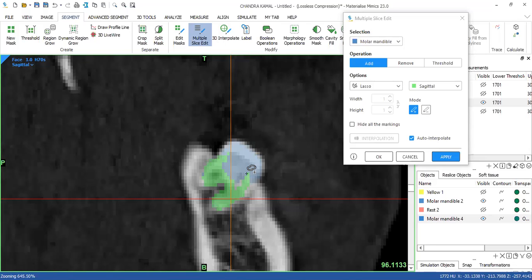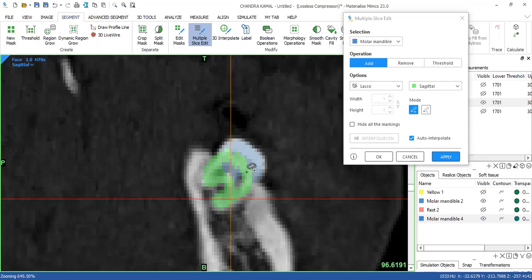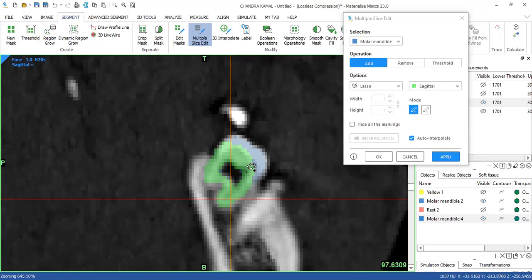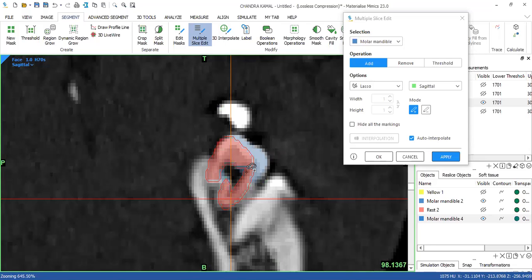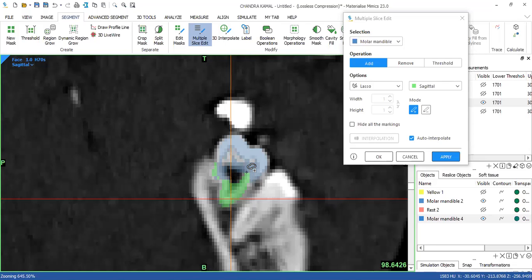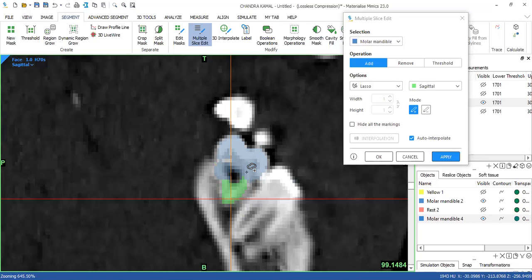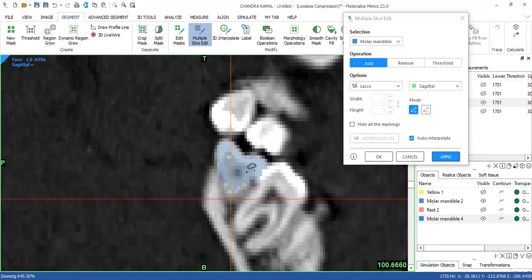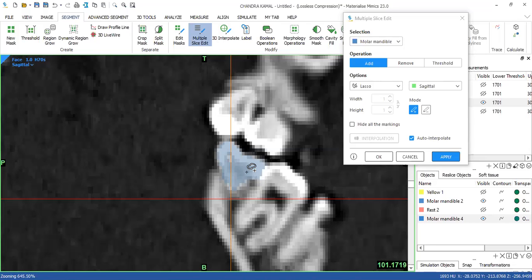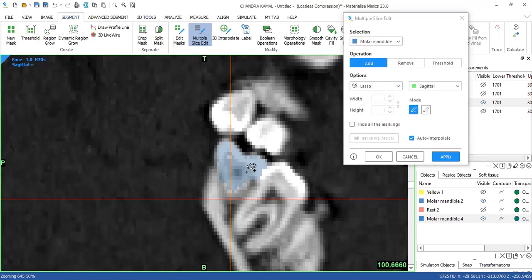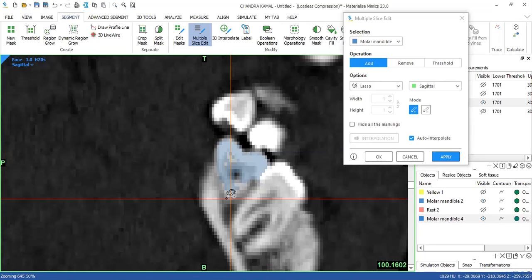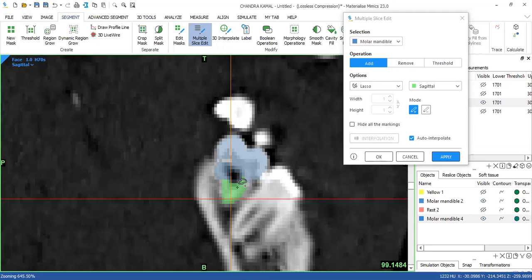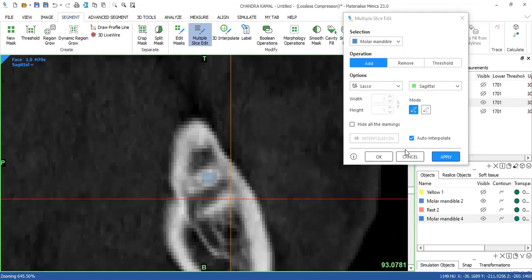I'm just going to scroll through the slices and visualize if I'm missing some places. Seems fine to me. I'm going to click OK.